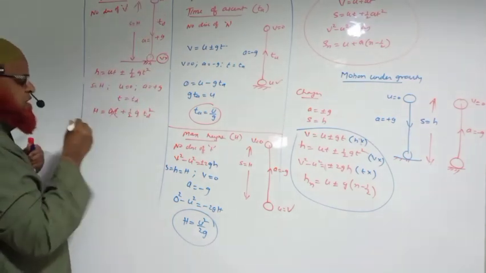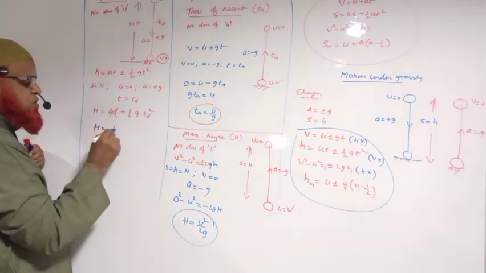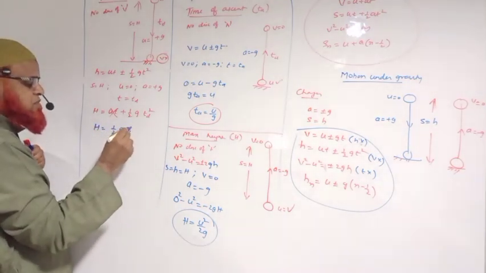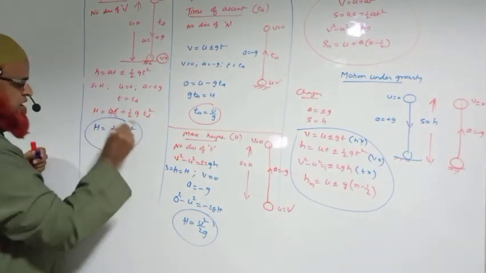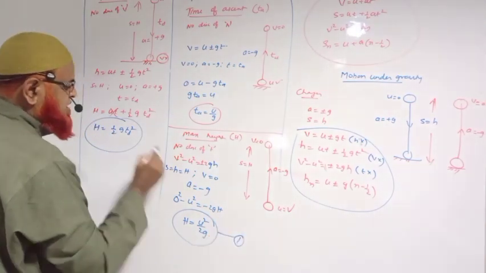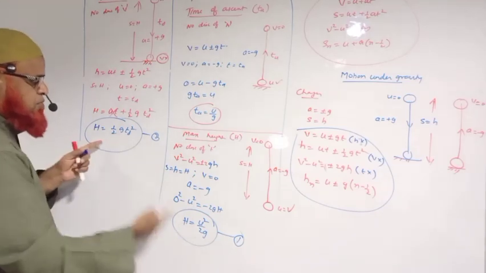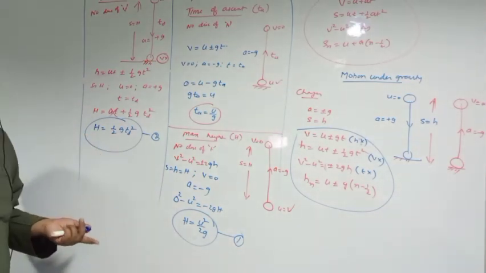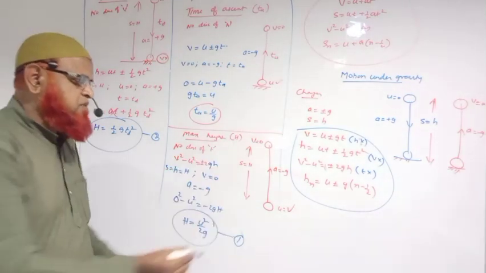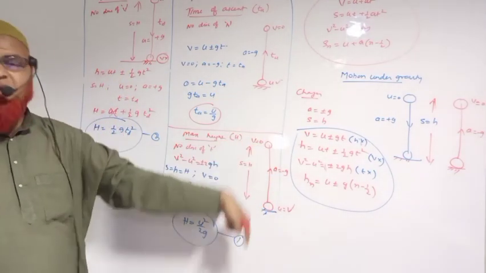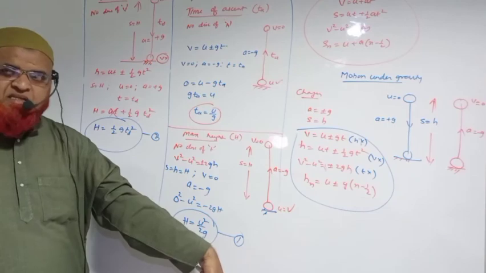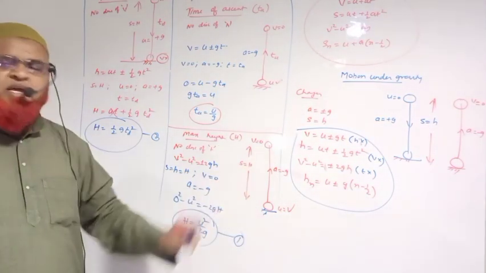u is going to be 0. So you can write this as h is equal to half gt_d square. Okay. So you just take this formula here. This is taken as 1. This is taken as 2. Both the formulas are giving maximum height only, because when you are dropping from the ground, it reaches the maximum height, but from there again it returns back. Understand? And the returning back distance is also the same, h only.